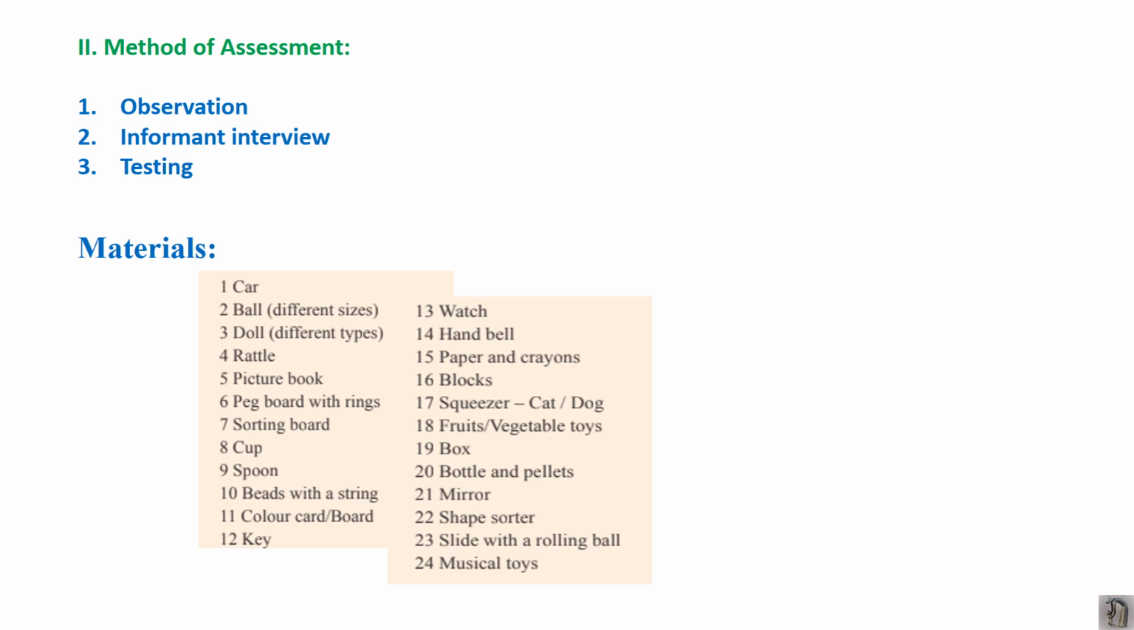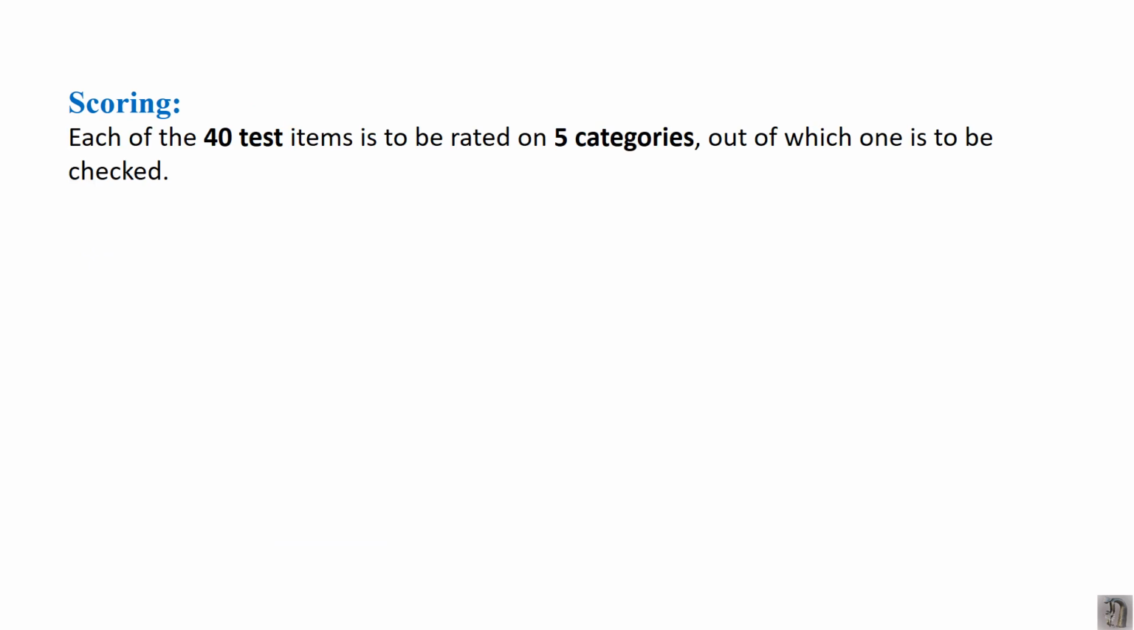It can be easily taken from anywhere. This you can get in the market as well. You can prepare and then you can assess. Then scoring. Each of the 40 test items is to be rated on 5 categories, out of which one is to be